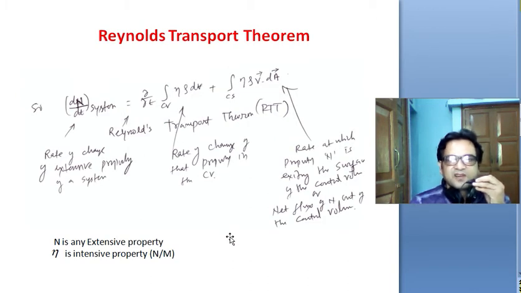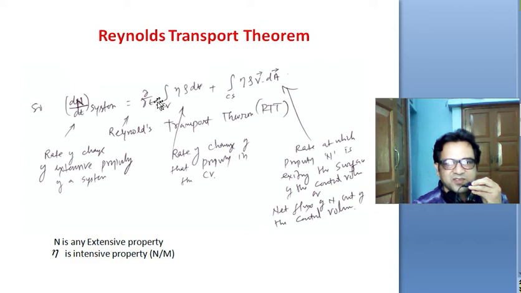Now, Reynolds transport theorem. For any extensive property capital N, so capital N may be the total mass of the system, it may be the total momentum of the system, it may be the total energy of the system. N is an extensive property, and eta is the corresponding intensive property, that means the intensive property per unit mass. So if we know the rate of change of any extensive property for a system, then using Reynolds transport theorem,